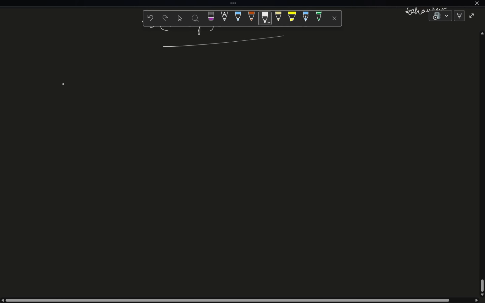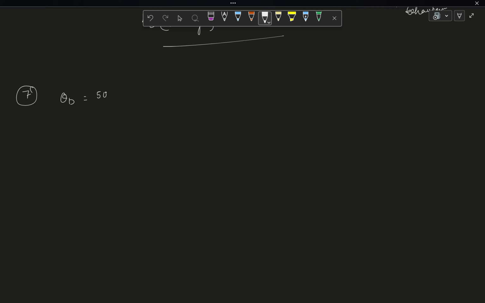Question number 7, right? Yeah. So for question number 7, your Debye temperature is given as theta D is equal to 500 Kelvin, and you have to calculate CV. Temperature is given as 75 Kelvin. Now it is particularly mentioned that you have to use the low temperature limit, even if the temperature of 75 Kelvin is low obviously, but in the question they have mentioned explicitly that you have to use the low temperature limit of Debye's specific heat formula,